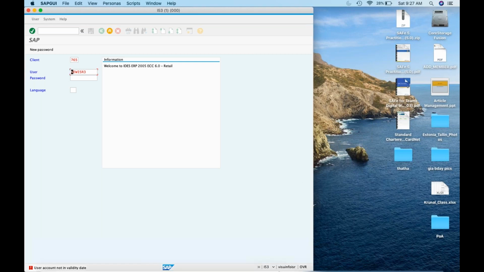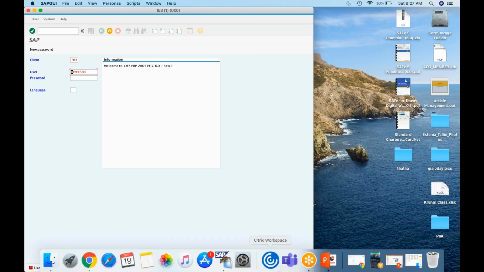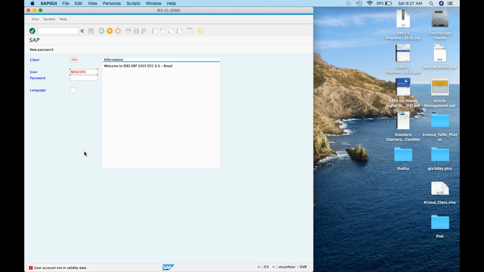It clearly says user account not in validity date. Manoj, the user ID seems to be expired again. Oh, just give me 5 minutes, sir. I'll check and I'll update you. No problem.